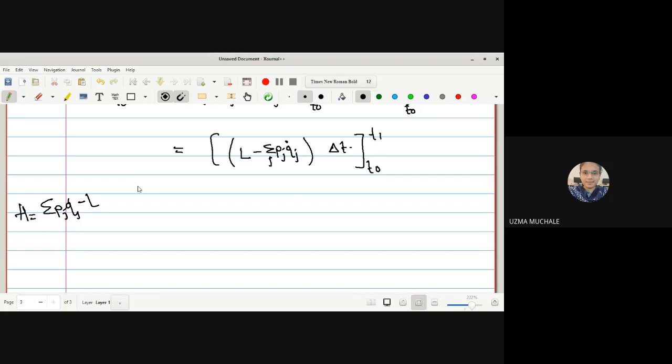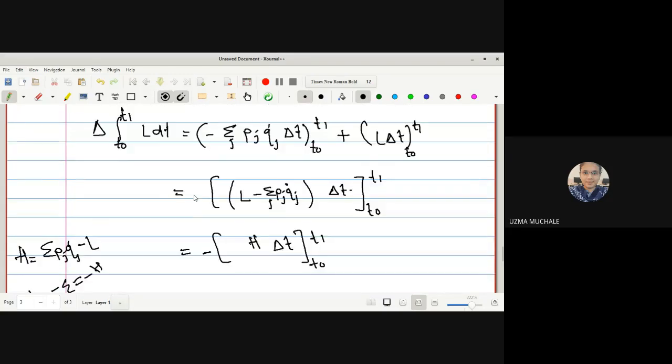Can you tell me? H. Okay, so the value of this term we can write as H. H, ma'am. H delta t within the limit t naught to t1, right? I think it should be minus H, no? Yes, ma'am. This H will be here. It is minus H. Here the summation as it is. This will be with a negative sign.